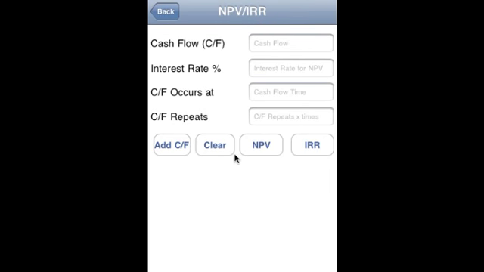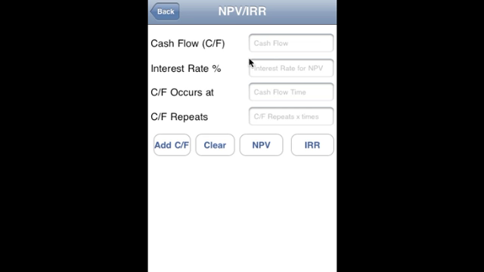NPV, IRR, iPhone, iPad, and iTouch application calculates NPV and IRR. This application is flexible in the sense that the cash flow can occur at any time and cash flow can repeat. And for IRR, the cash flow can actually change sign. So you can have multiple negatives, but there need to be a certain number of positives and negatives for the IRR